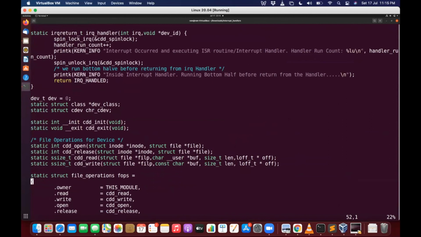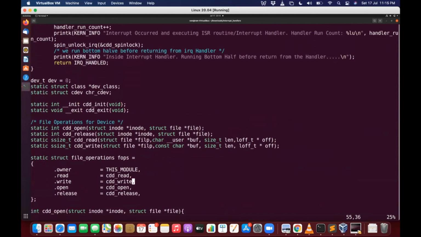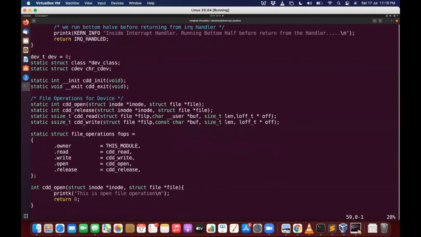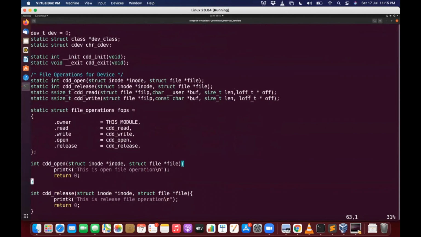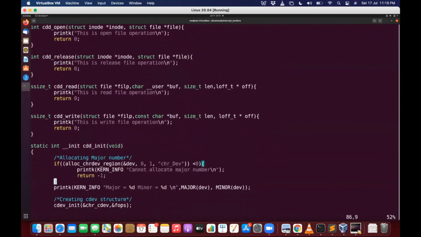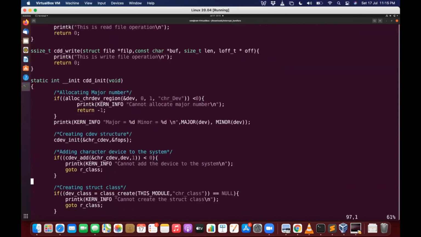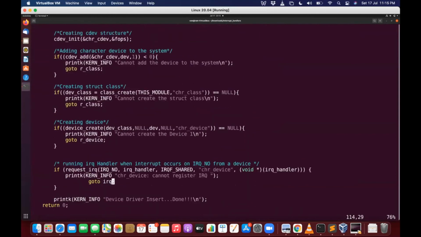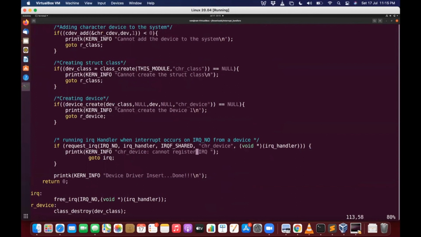We have written a separate driver. There is already a default driver for every system, but we have written a separate device driver. Here you can see this is the way we register an interrupt. We have to write the request_irq function.